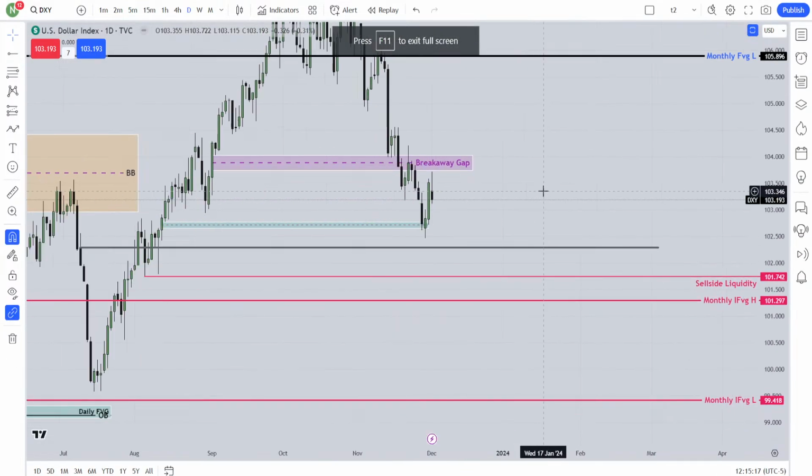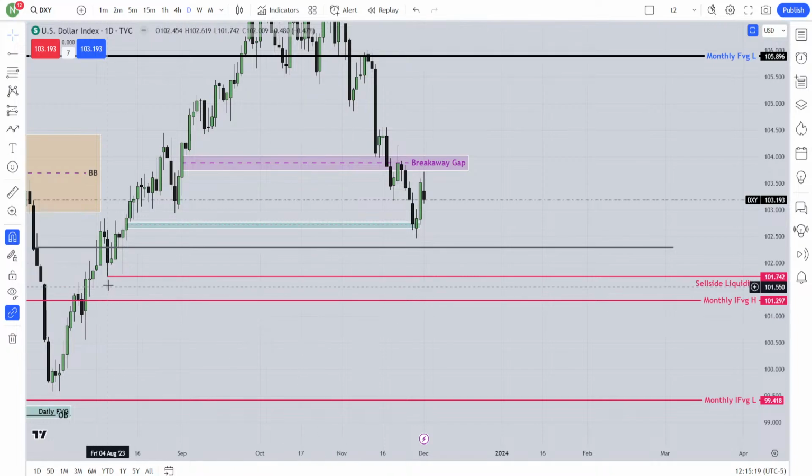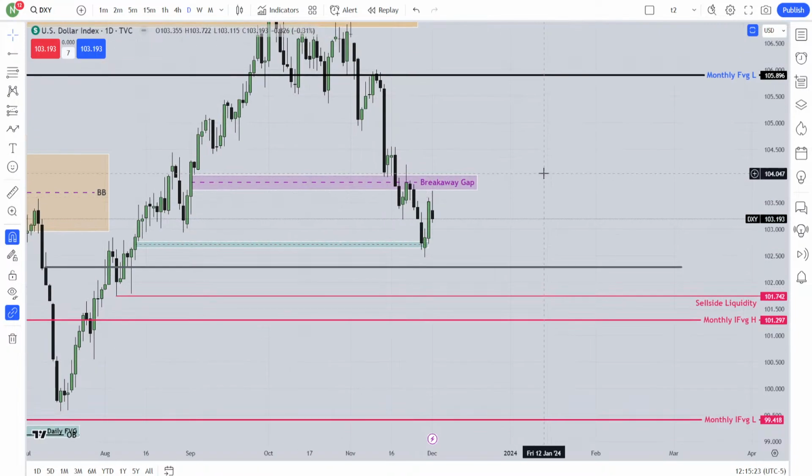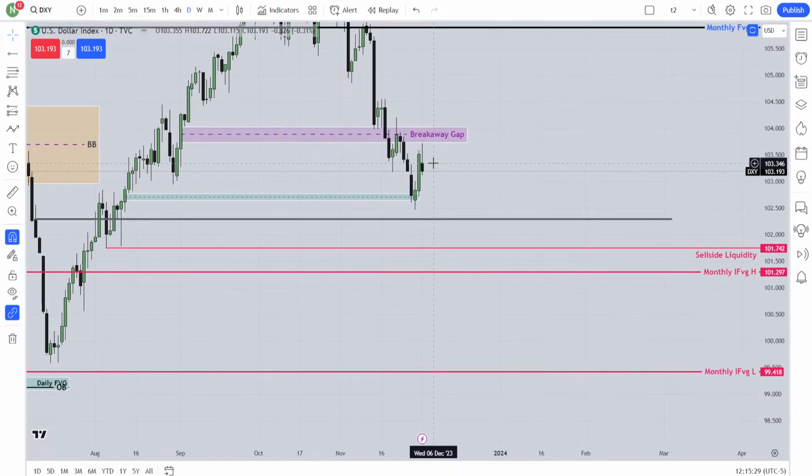So what I was talking about, there are these equal lows. Now you can ask me, brother, from the monthly chart you told us that market will go higher. Now when you are on the daily chart, why are you saying that market will go lower and take the sell side?